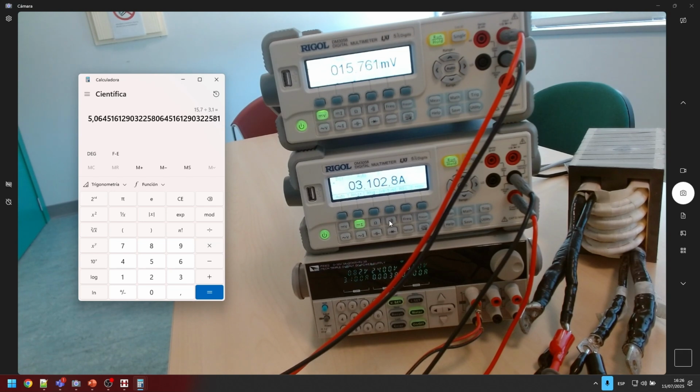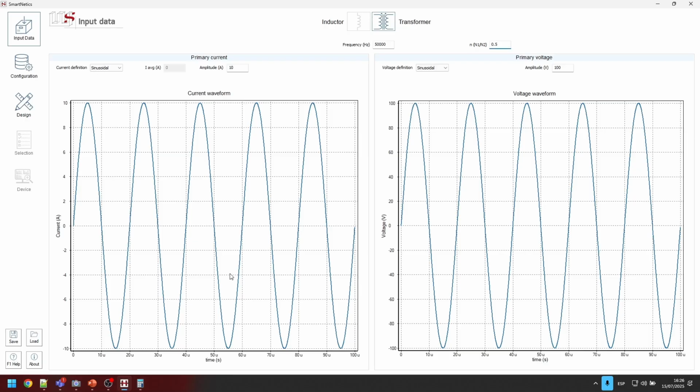As I said before, we could do some measurements about the AC resistance or the inductance or something like that, but we will need equipment that is way more expensive. So I prefer just to keep it simple for this particular measure. Okay. So now we have done every physical measurement we can, every electrical measure we can without dismantling the device. So the next step is to go to Smartnetics now and just check what we can get from the device. Okay.